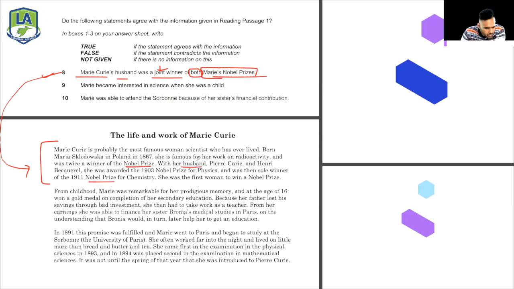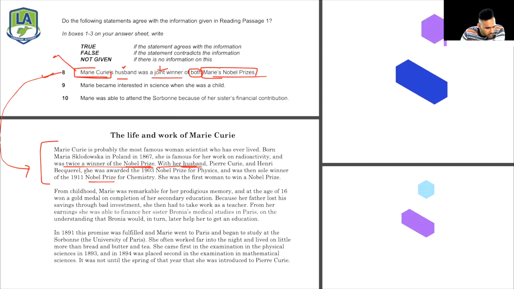She is famous for her work on radioactivity and was twice a winner of the Nobel Prize. So this lady has won the Nobel Prize twice, but the statement says husband was a joint winner of both the Nobel Prizes. So we need to see that along with her, whether her husband also won the Nobel Prize both the times or not. With her husband, Marie Curie and Henry